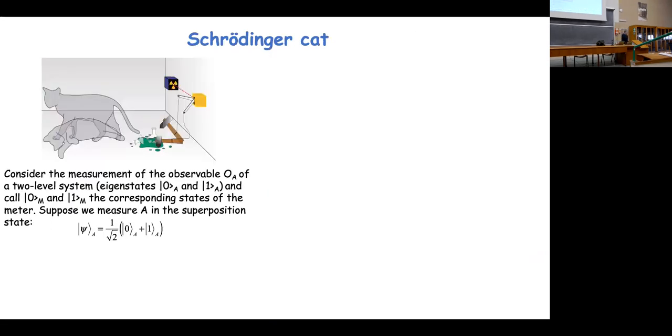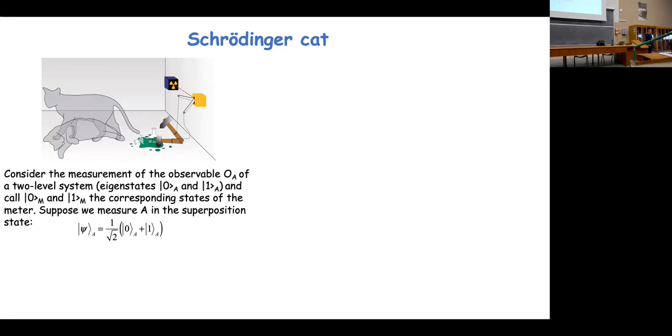Now I would like to come to the problem of Schrodinger's cat. Of course, Schrodinger had been thinking about all these issues very closely at the beginning of the 1930s, and he came to very unsettling conclusions. He said, okay, let's go back to the situation that I have just described, and let's look at what happens if you want to measure a simple system, let's say a spin or a two-level system, and you start with 1/√2 (0 plus 1),